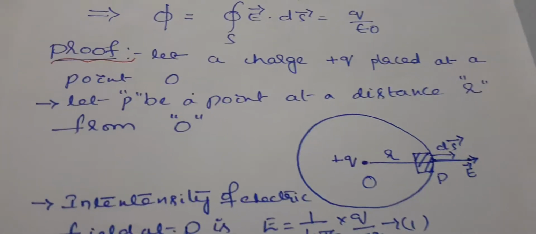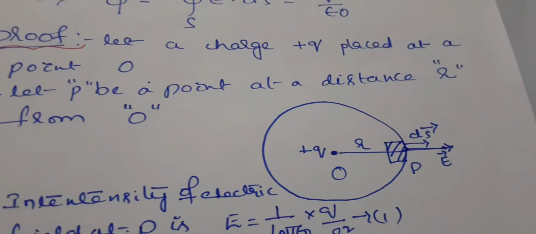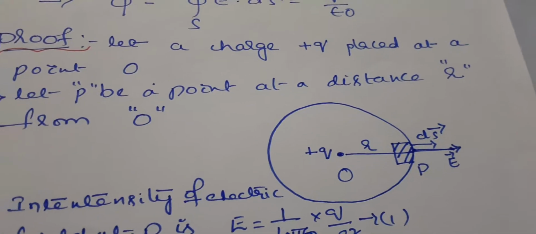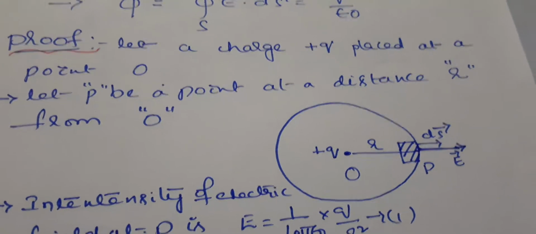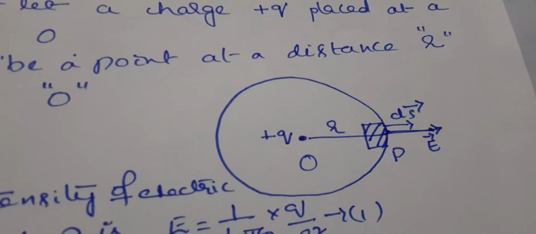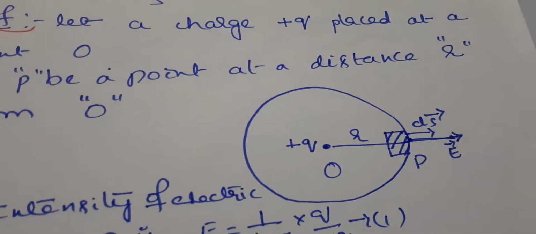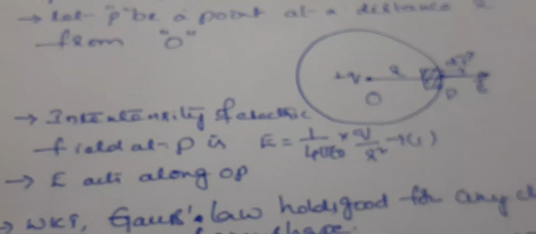So let a point charge q be placed at O. You can see in the figure, at the point O, a positive charge is placed. Let P be a point at a distance r from O. So we have selected a point P at a distance r from O. So the intensity of electric field,